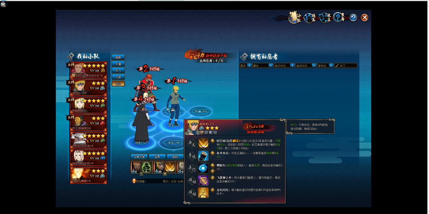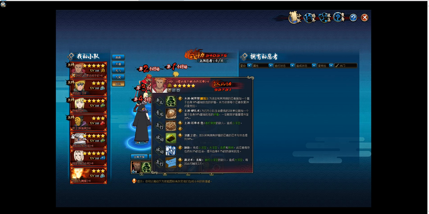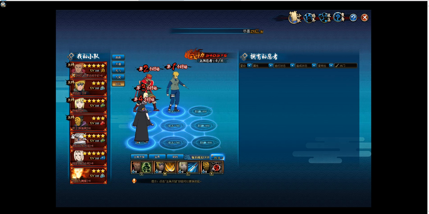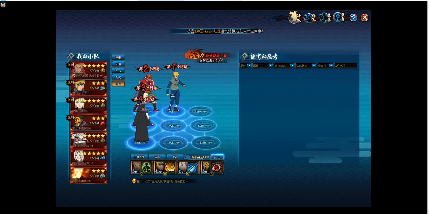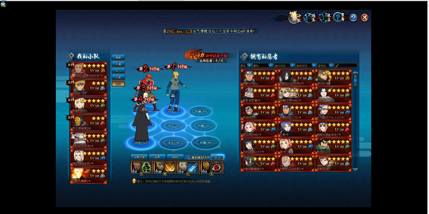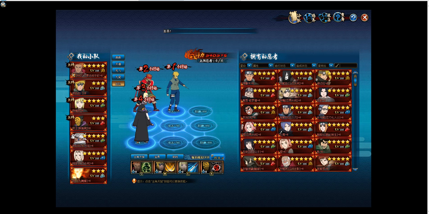So firstly, put these two ninjas on. Now I'm using Earthmane, but I don't think Earthmane is actually a good combo for these two ninjas. But anyway, I will just use this as a demonstration. And the third ninja, what I would like to use is